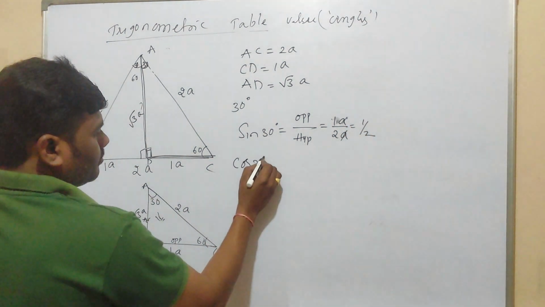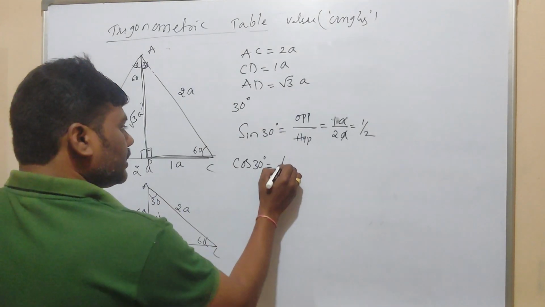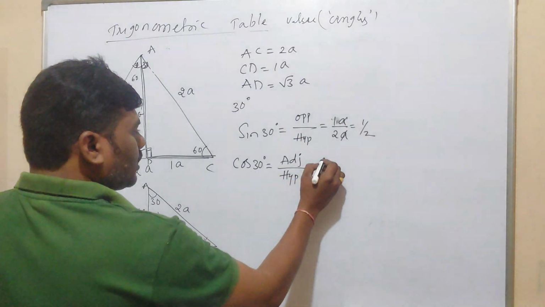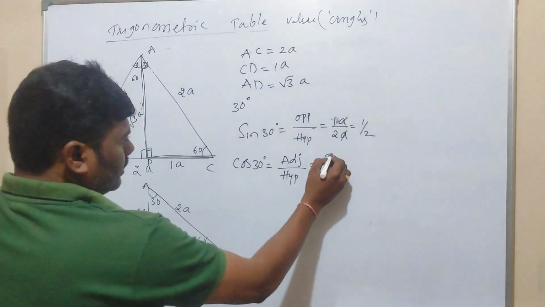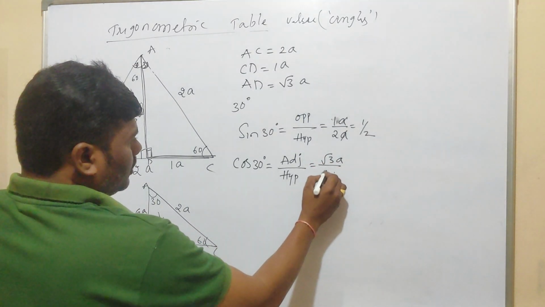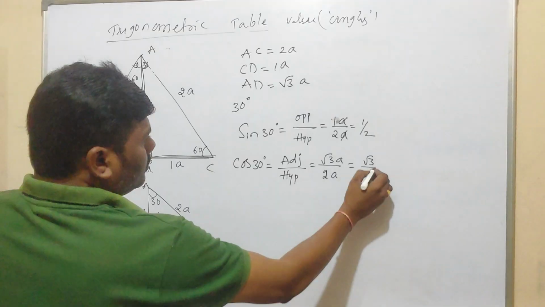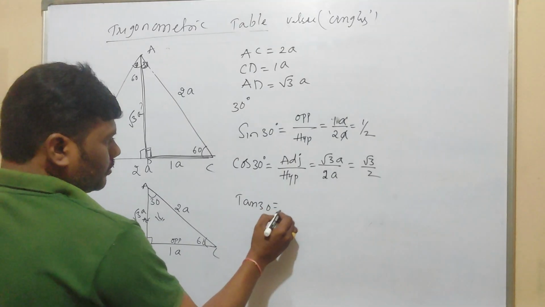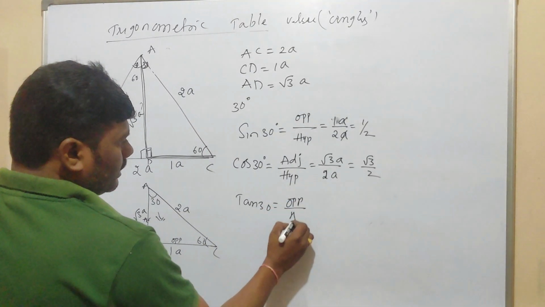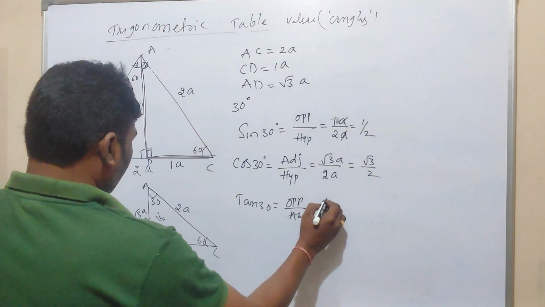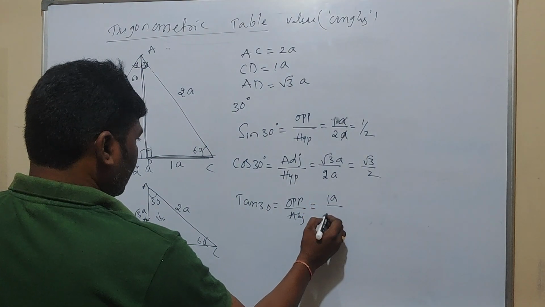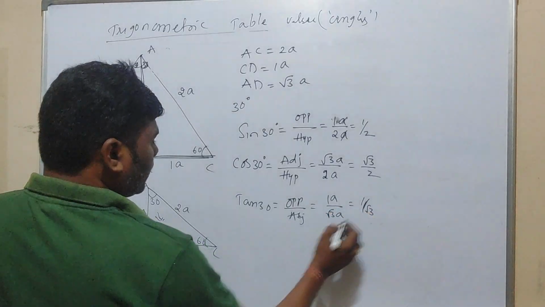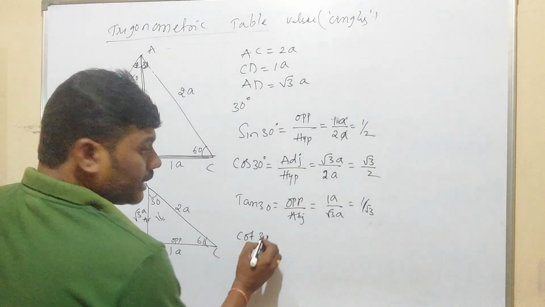Cos 30 degrees. Cos means adjacent by hypotenuse. Adjacent equals root 3A by 2A, that equals root 3 by 2. Tan 30 equals opposite by adjacent. Opposite equals 1A, adjacent equals root 3A, that equals 1 by root 3. Cot 30 equals